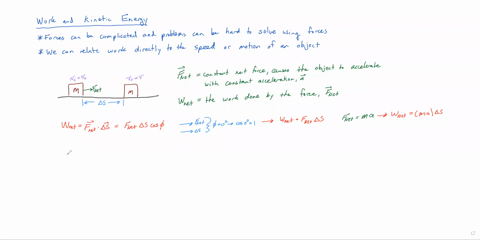Now, I just want to reiterate something that we stated before, just to make it clear. We know that A is going to be a constant because F net is a constant. For a constant force, mass isn't changing. We don't have some weird nuclear thing going on here. So we know, therefore, that my A is going to be constant, and that's because my F is constant. And I can also say that